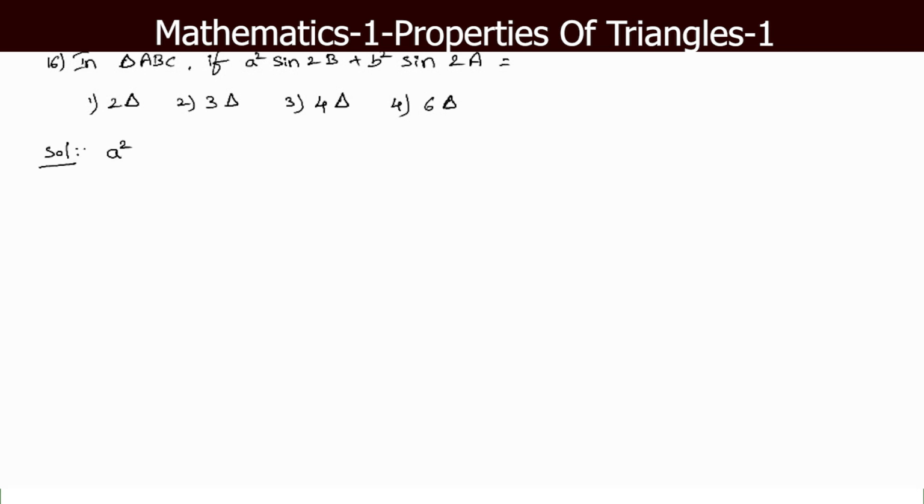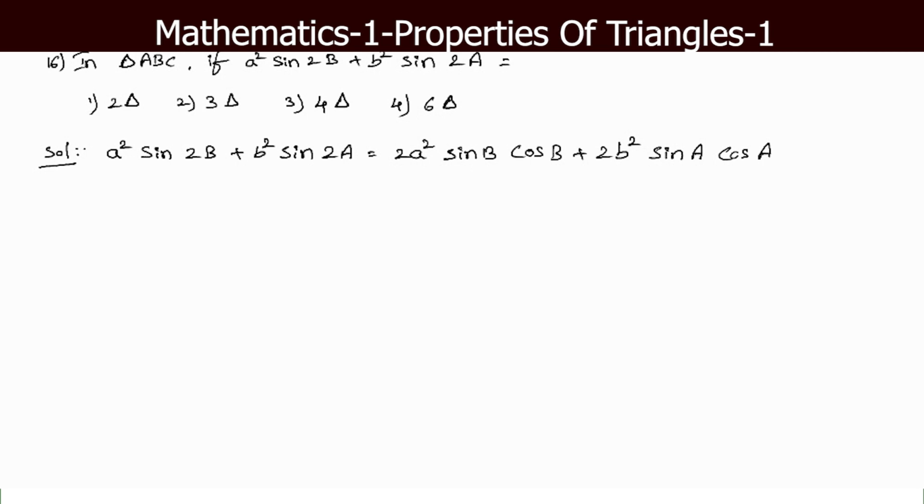Right. 16th. In triangle ABC, a square sin 2B plus b square sin 2A is equal to: 1, 2 delta; 2, 3 delta; 3, 4 delta; 4, 6 delta, where delta is the area of the triangle. Now, a square sin 2B plus b square sin 2A is equal to 2a square sin B cos B plus 2b square sin A cos A. So, that is equal to 2a into,